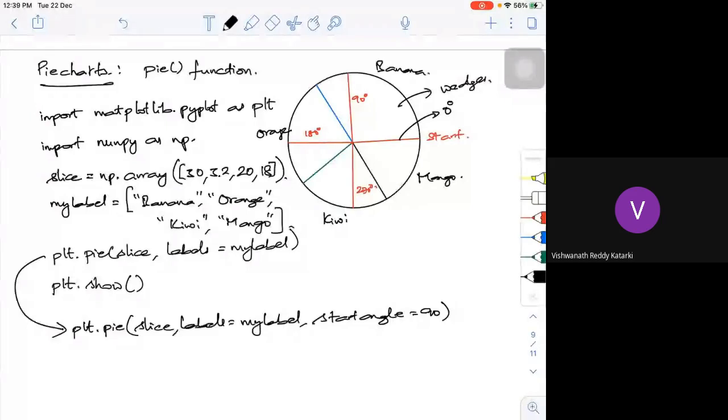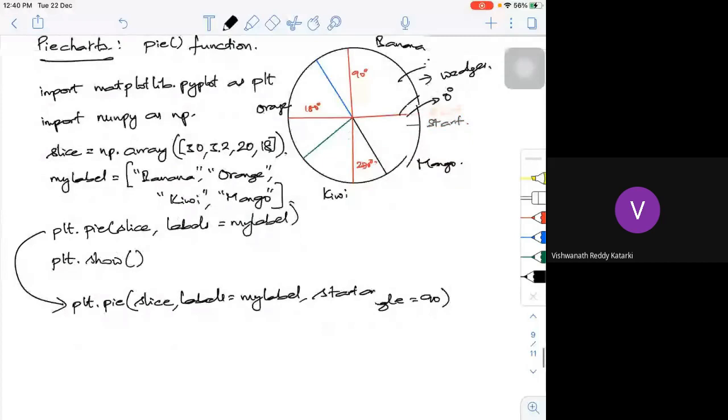So I want to explode the first one. I can do that. Or if you want to create a shadow, I can create a shadow. The first one is maybe the banana, I want to explode. That is how to do that.